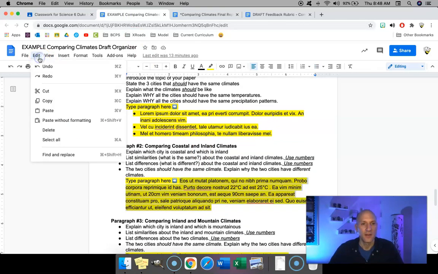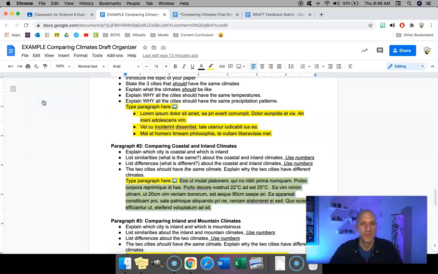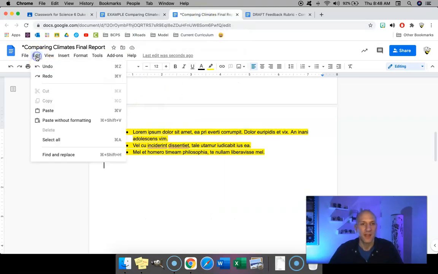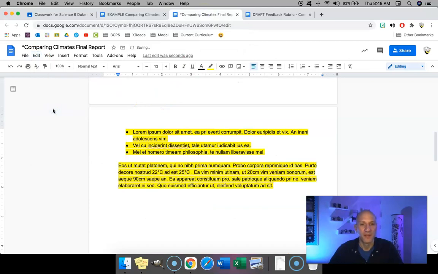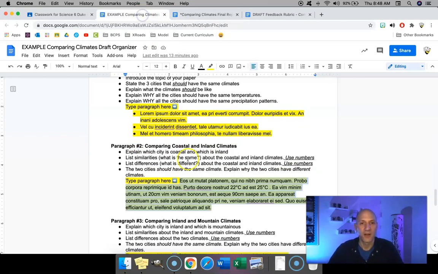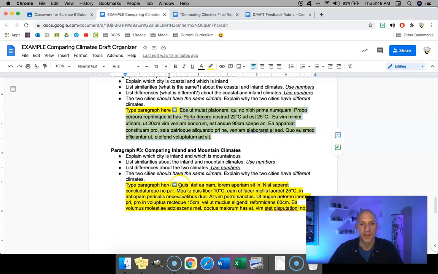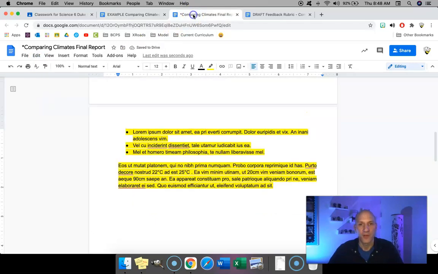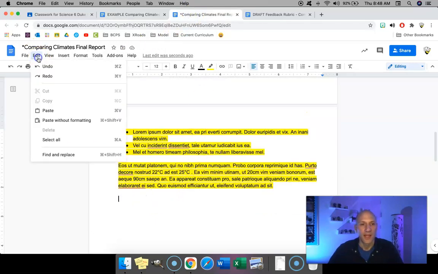Click on Edit, click Copy, go back to my final report, click Edit, and click Paste. There's my second paragraph. Again, I'll put a space in between my paragraphs and go back to my organizer for my final paragraph. Again, highlighting what I wrote, clicking Edit, click Copy, go to my final report, click Edit, and